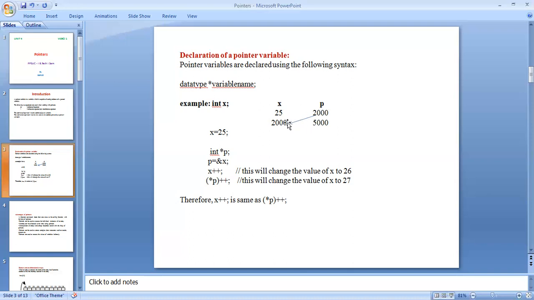That 2000 will be stored in p, and the pointer variable's own memory location is 5000. One point to remember: (*p)++ is the pointer increment of the value, that is, *p = *p + 1.